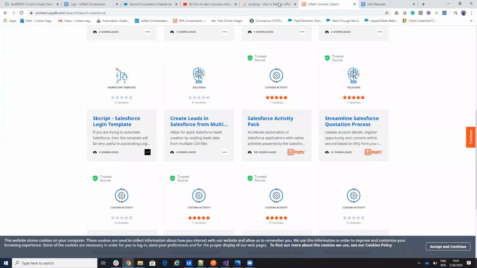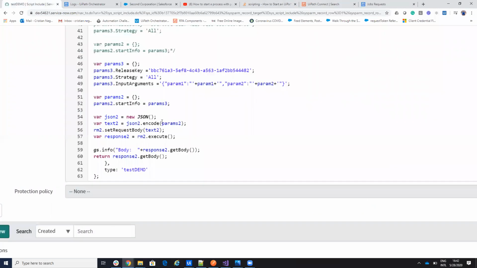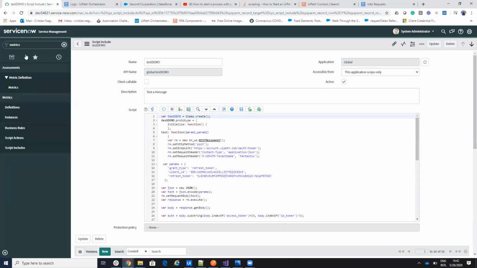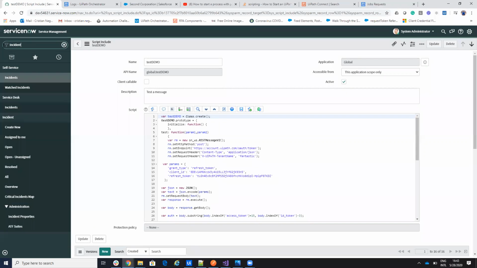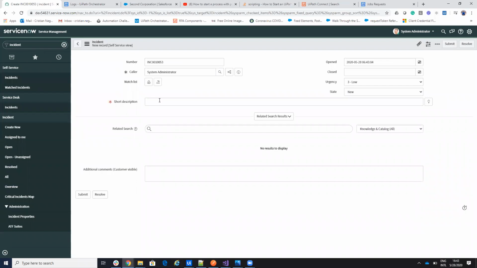Good. Let's see this in action. So to be able to see this in action, what we'll do? We'll go on the ServiceNow. Let's make it smaller. And my software was to create an incident. And when I create an incident, I will send a short description. So on the incident, I will say test video community. So when I will hit submit,